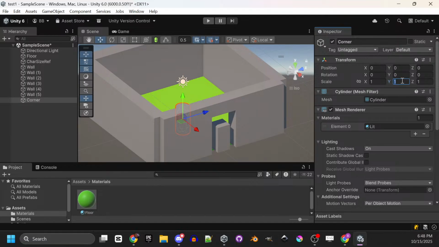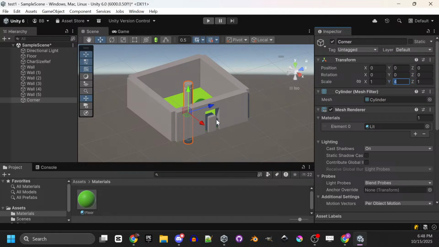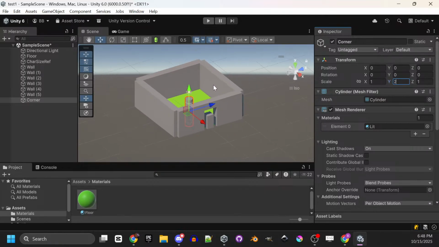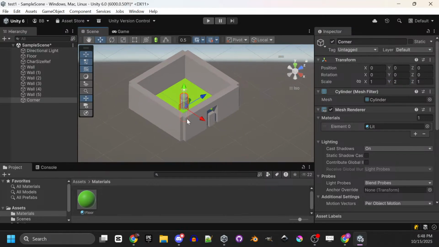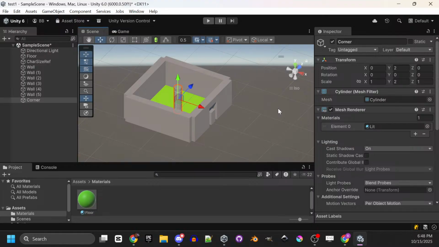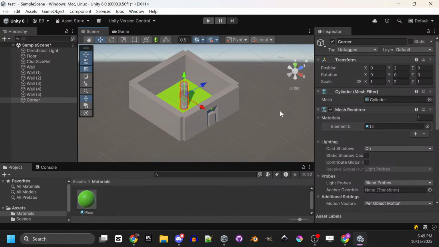And then we make Y 4, which makes it quite huge. That's not at all what we want. I think we want more like 2, which is a little odd. You're like, wait a minute. Why is it that this thing is 2 units high in scale, whereas this is 4 units high in scale? And I don't have a good answer for you. But I do know that if we make our cylinder a scale of 2 high and drag it up, so that's 2 units up in the Y,